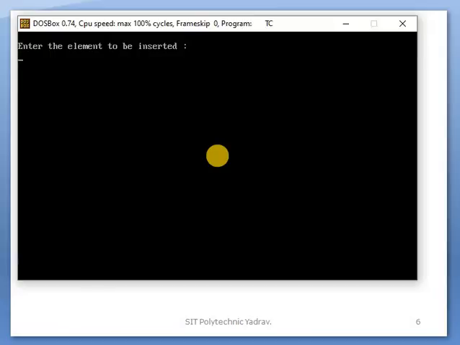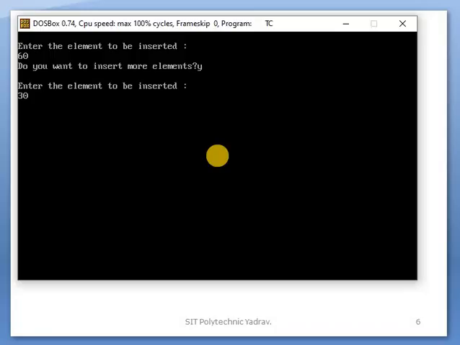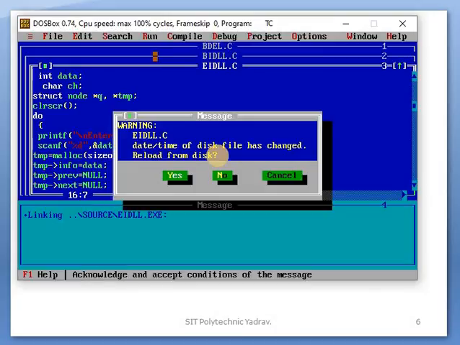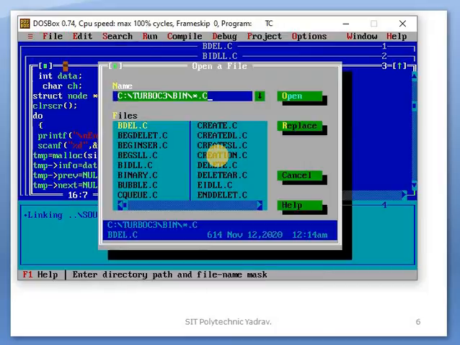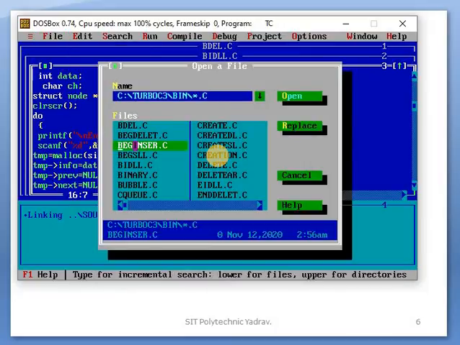For example, insert the number 60, yes, 30, yes, no. After 60, first 60 is inserted, after that 30, because it is the end. After that, which program? Third, next program, create.